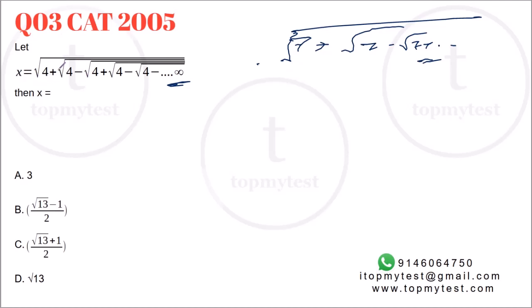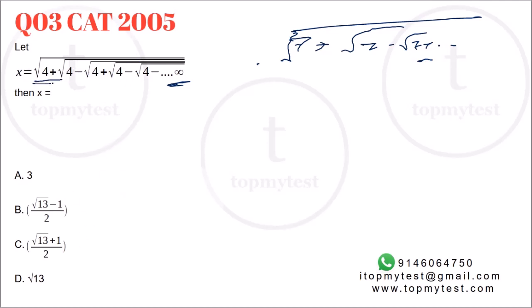X is equal to square root of 4 plus square root of 4 minus square root of 4 plus square root of 4 minus and so on till infinity. Now obviously you can resolve this by using a quadratic equation and try to solve it. Let's try to do it with the options, because we have the options given to us, and most of these questions will contain options, because they have an irrational value over here. Till now CAT has not evolved to give a type-in question which has a square root in the options where you have to type it in. So let's try to approximate this and see how many options we can eliminate.